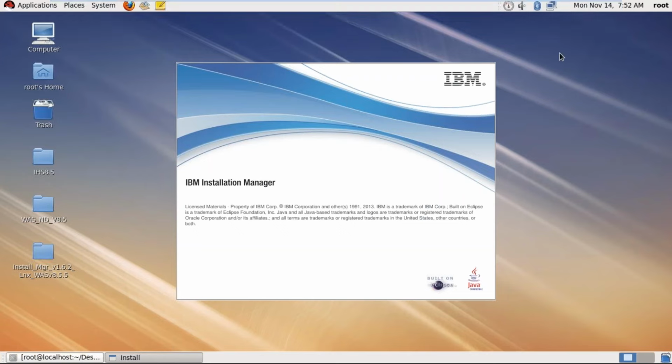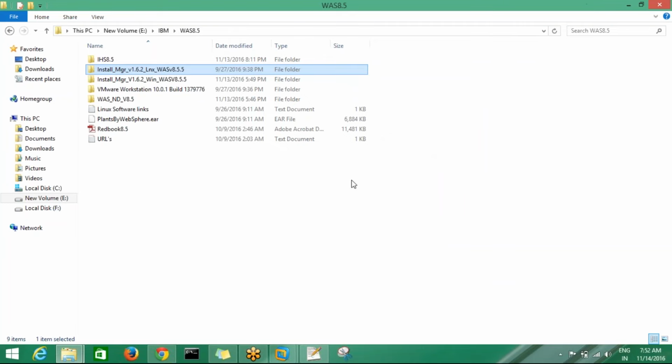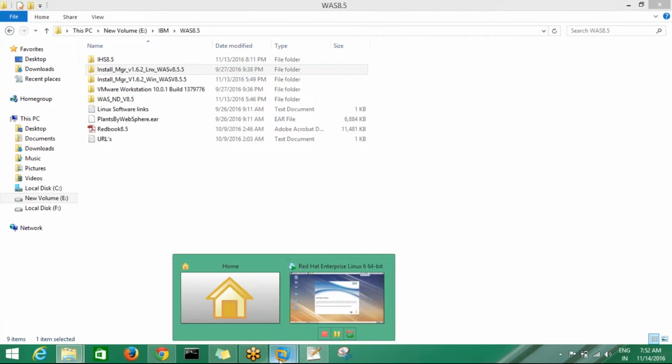In PuTTY we cannot see the GUI, so at that time we have to use another Windows client, VNC Viewer. Install VNC Viewer on your laptop or desktop local machine and connect to the Linux servers through it, so that you can see GUI mode there.